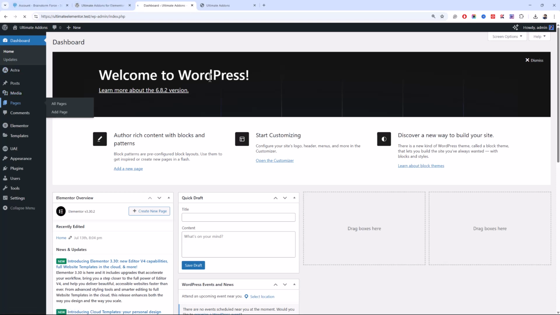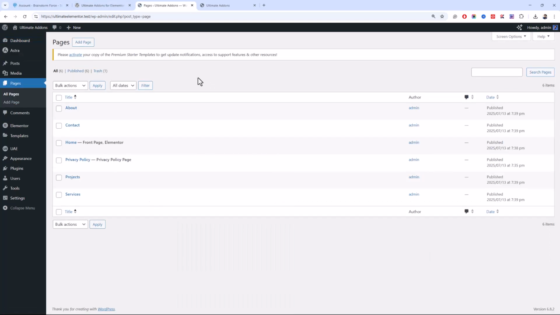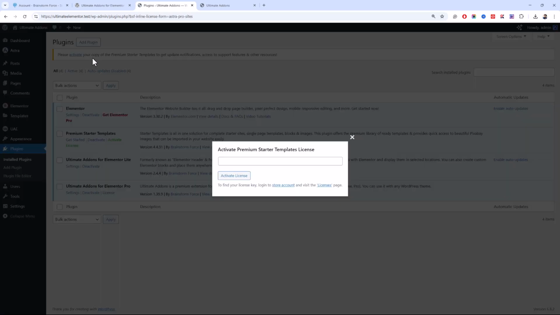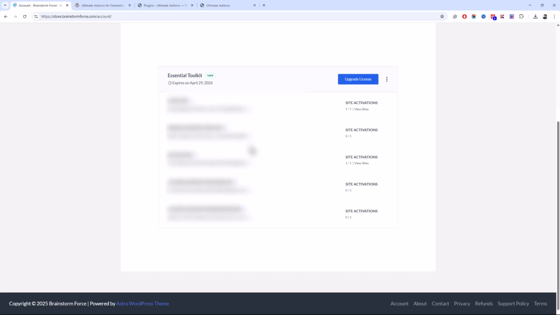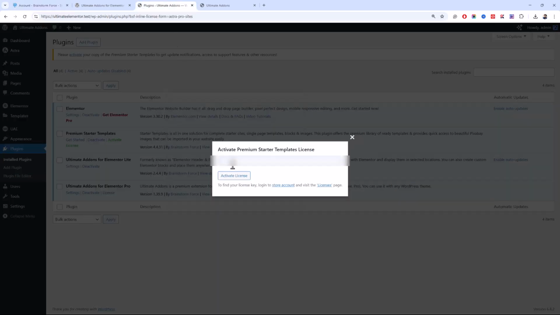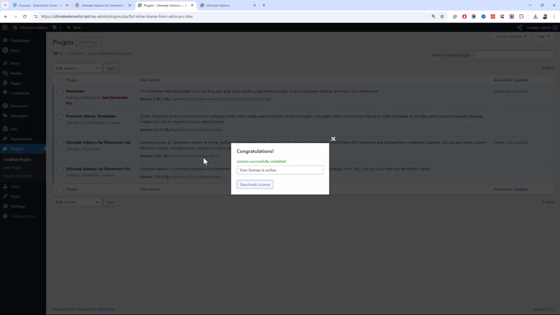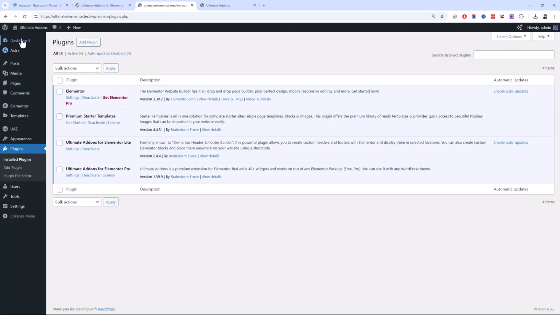Let me just quickly show you how you can use this amazing add-on. But first we'll need to activate our premium starter templates license. I'll just quickly copy my license key over here and click on activate license. Now we can utilize the premium templates and sections from the premium starter templates plugin.